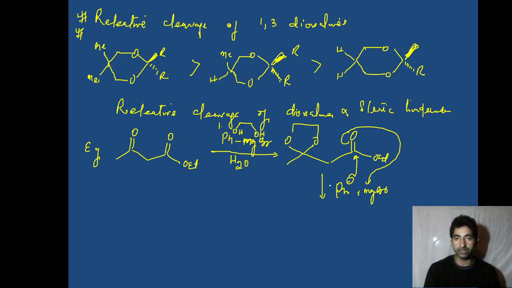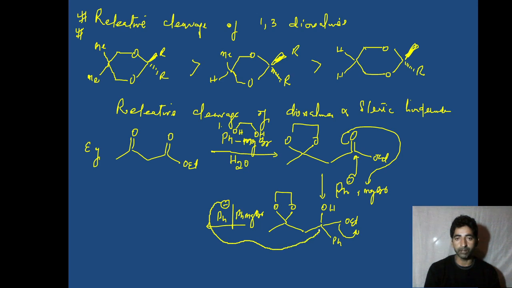Followed by hydrolysis, we get this type of compound. This is already protected, so reaction cannot take place over here. After hydrolysis, it will become OH. Here Ph has attacked, and we have the OEt group. Now we have plenty of Grignard reagent, so we again have Ph minus from PhMgBr. Since this OEt is a very good leaving group, it will leave, and a second molecule of Ph will attack.